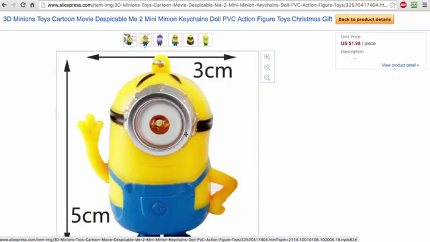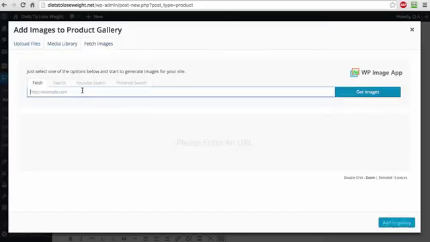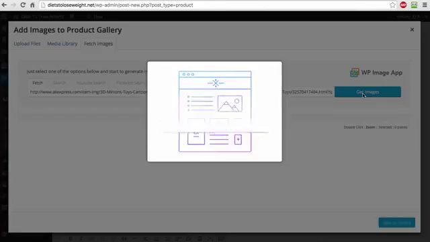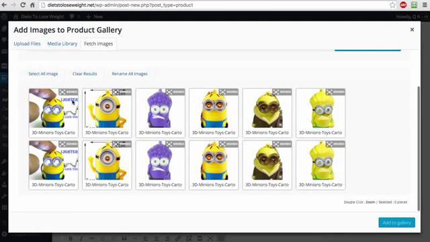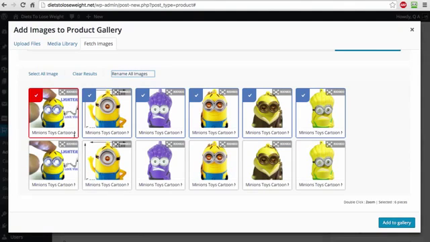So now we double click here, and this is the source of the images. We copy the URL, and here watch these two fields. We have the product image here and we have the product gallery here, right? So we click add product gallery, copy and paste the URL here and click get images. And within a second, we found all the images that we want, and we can literally select all of them. And also if we double click now, then this is going to be the featured image, right? We can also rename them all based on the title that we gave, or we can type manually whatever we want. So Minions 1, for example, or something like